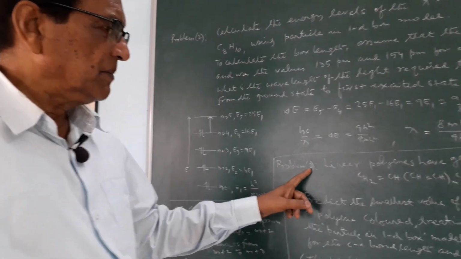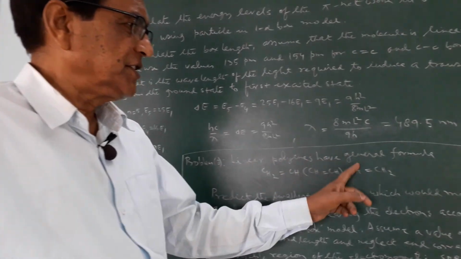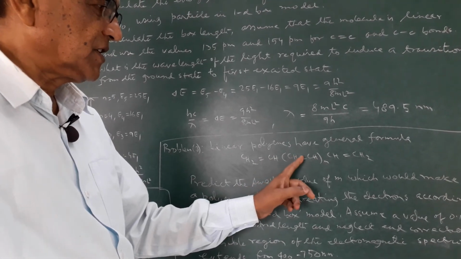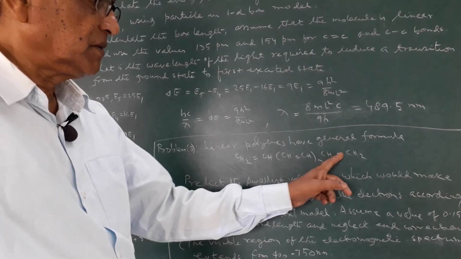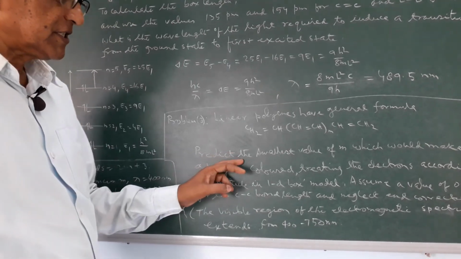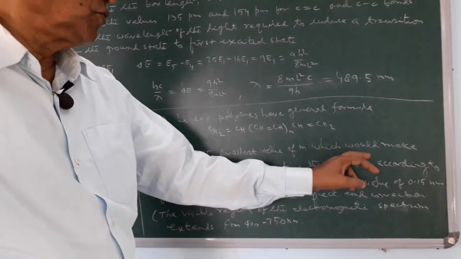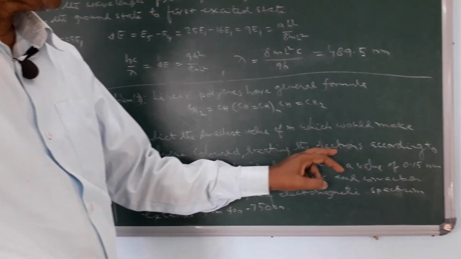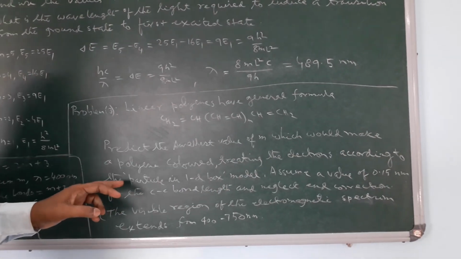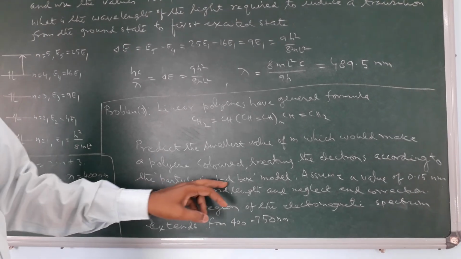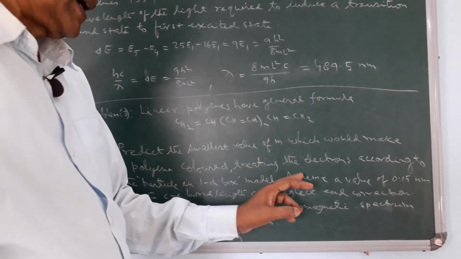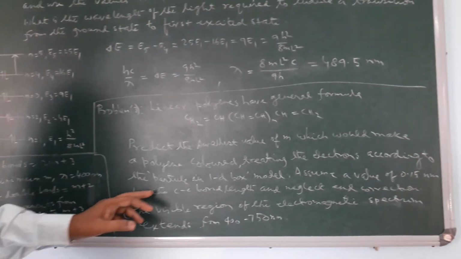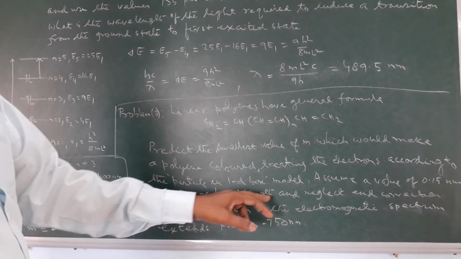For this problem 3, linear polyenes have a general formula CH2 double bond CH, and within brackets CH double bond CH, M times, then CH double bond CH2. Predict the smallest value of M which could make a polymer colored, treating the electrons according to the particle in 1D box model. Assume a value of 0.15 nm for this CC single bond and